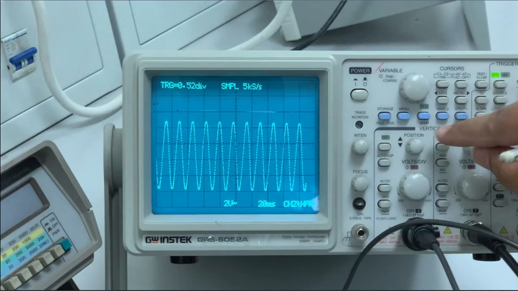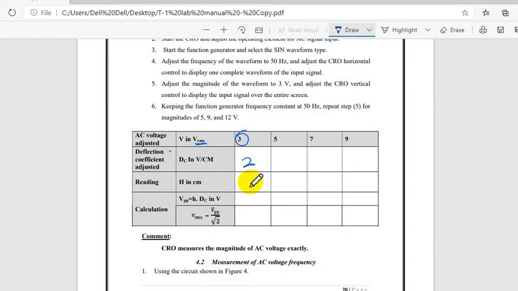So I can write the height as 4.4. Let us multiply it, it will be 8.8. Then 8.8 by root 2. When you do this you will get back this value. So this is at 3 RMS. Now at 5,